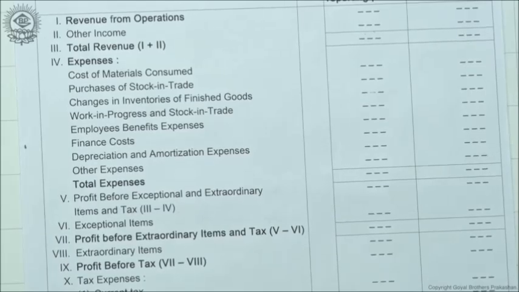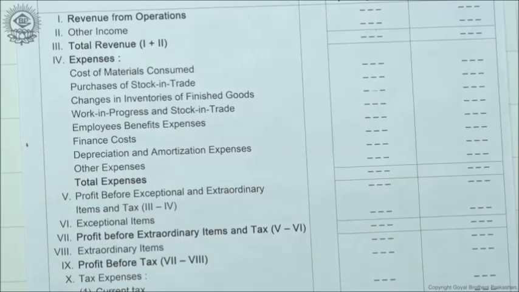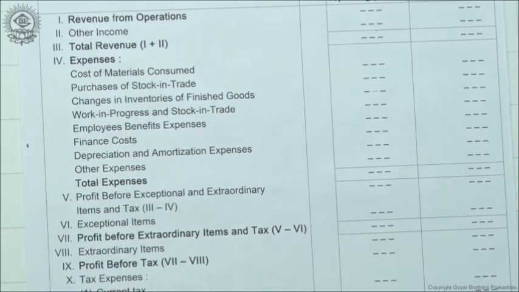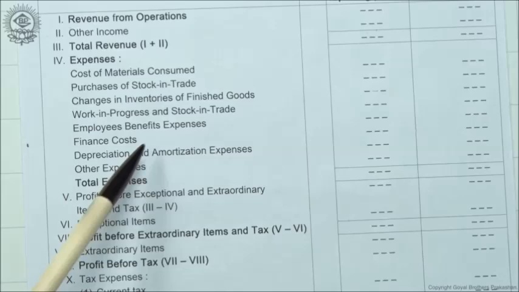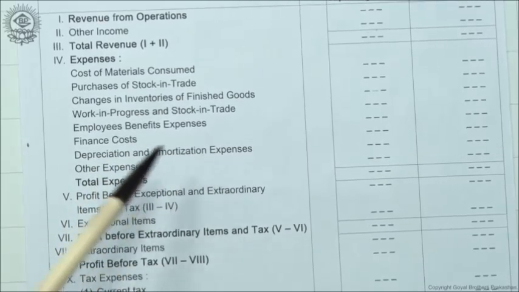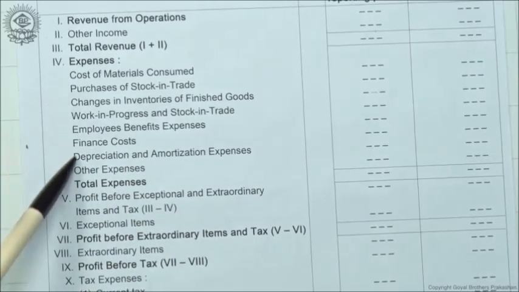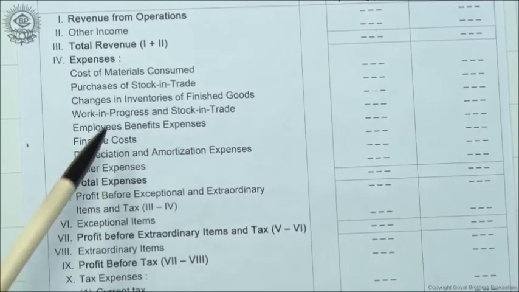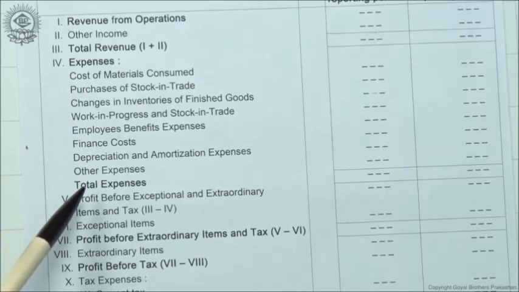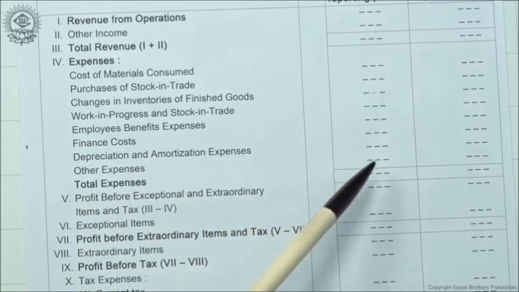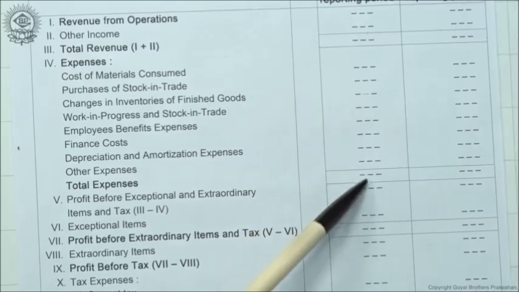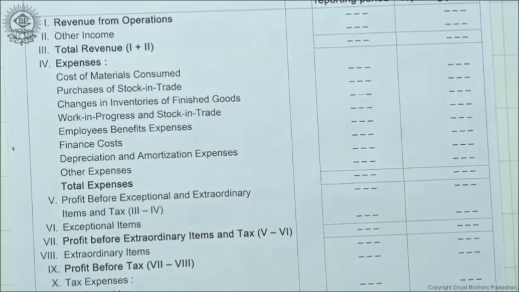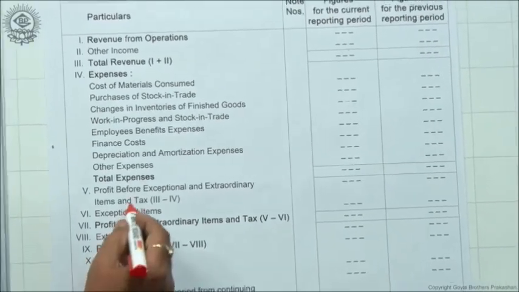So these are the finance costs. Then after that we have depreciation and amortization expenses. Depreciation on machinery and amortization of intangible assets. So these will be taken up under depreciation and amortization expenses. After all these expenses, any other expenses left out will be included here. Okay, after all these expenses have been recorded, we will total them up here. Then this total will be deducted out of this total. That will give us profit before tax,